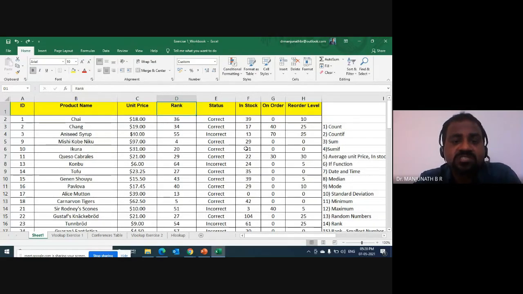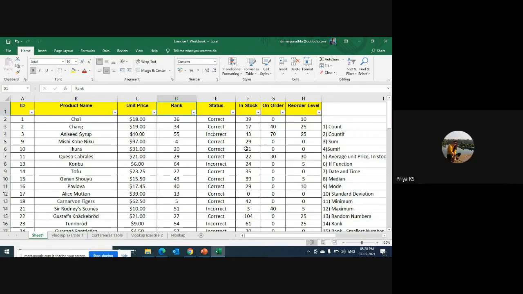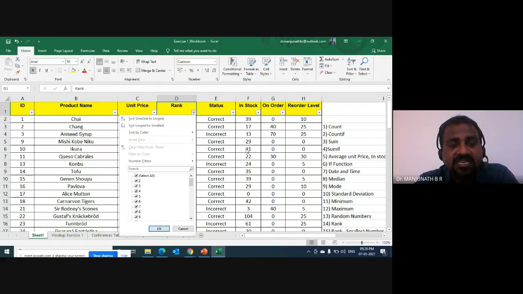Now, I want to cross check what is the first rank and what is the last rank here in column D. I want to check that using a filter. What is the shortcut to apply a filter quickly? Alt DFF. Yes. DFF. Yeah, please do that. Alt DFF. And in column D, I want to open that filter. How do I open the filter without using a touchpad or mouse? Alt down arrow key. Alt long press and then the down arrow key.